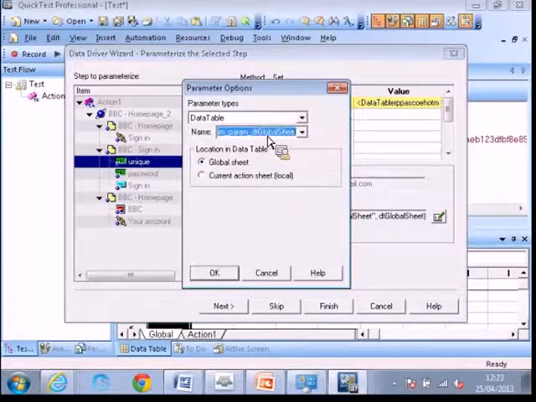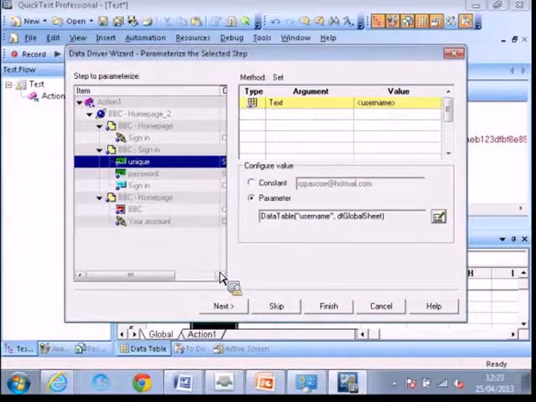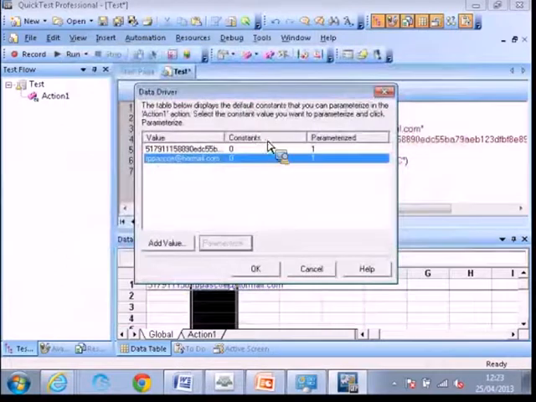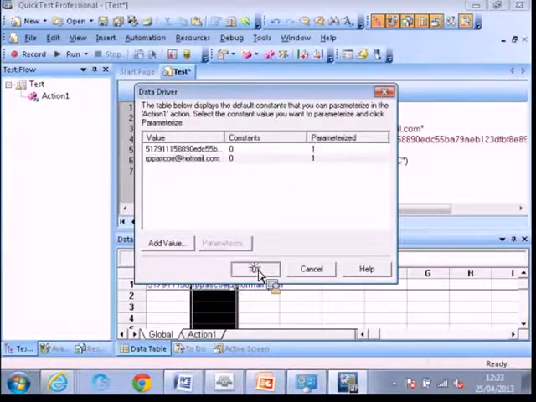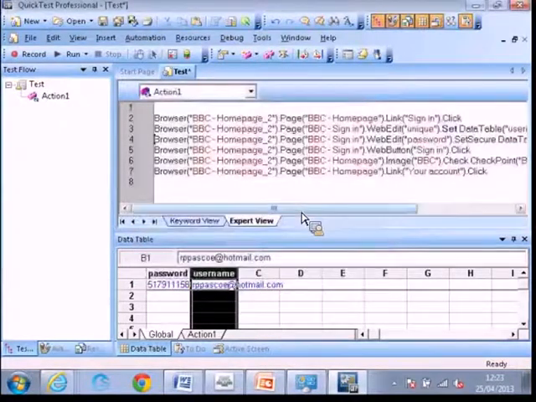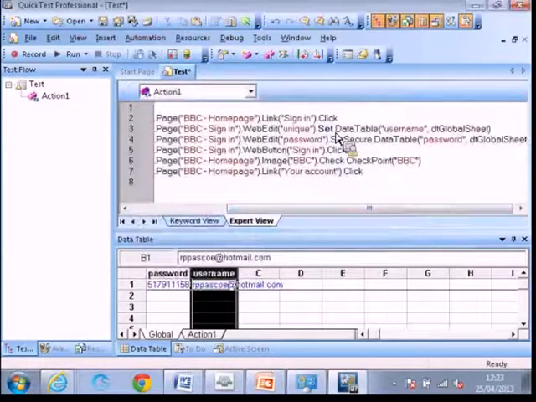I'm now going to just change that to username and say OK and finish. And there you go. You can now see that both my values are no longer constants, they are both parameters. If I say OK, and you now come and look back at my code, you will see that now instead of my username,